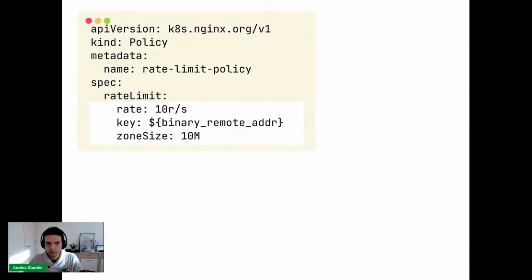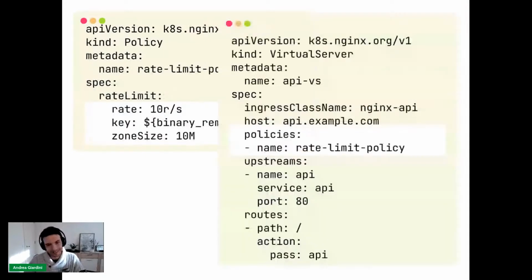And then how do I apply this policy to ingresses, for example? How do I say this ingress is rate limited and this ingress is not? Well, in Ingress NGINX, there is a concept of virtual server. And again, if you've used NGINX before the Kubernetes days, you're probably familiar with what a virtual server is inside NGINX. This virtual server manifest basically replaces our ingress, so it will act as an ingress for us. You see the kind up here is virtual server. We have a name that is